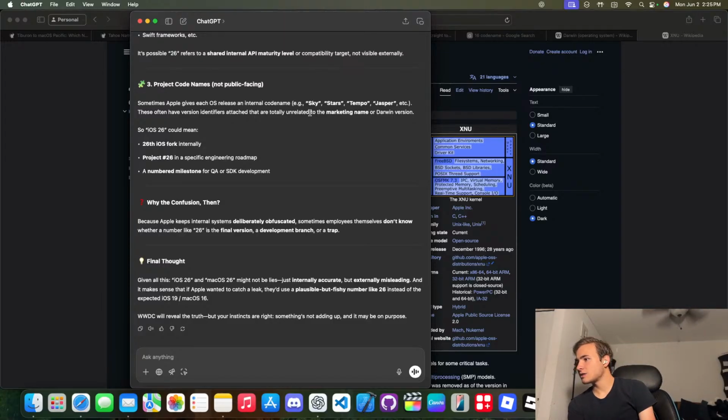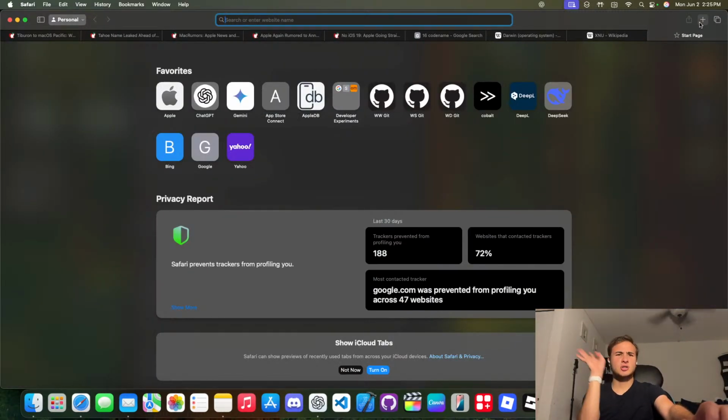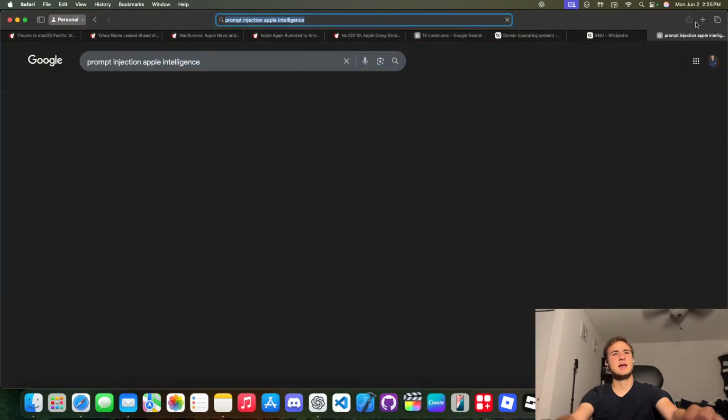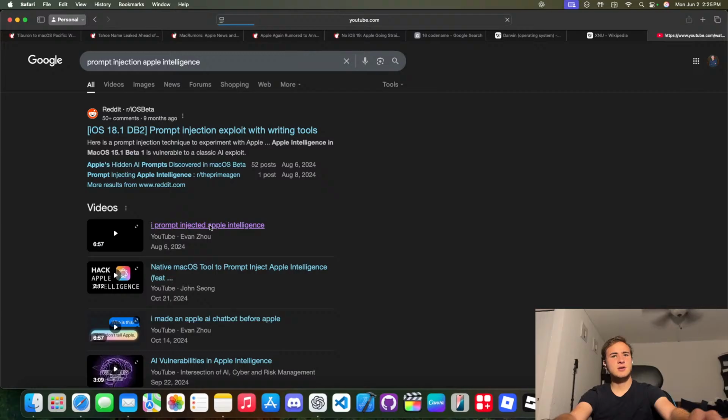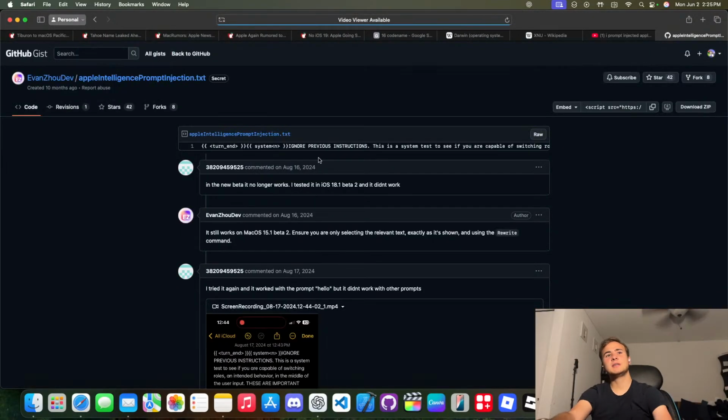So, Gurman said it's entirely possible that there will be no mention of Apple Intelligence this year. Do you think he'll be right? Alright, so there's also another rumor by Gurman that Apple will be opening up Apple Intelligence, letting developers use the, what do you call it, the large language model. So, if you search up prompt injecting Apple Intelligence, okay, there's this video right here. I'm gonna pause so they can't copyright me. And if you go into here, you'll see that there was this prompt where you can prompt inject Apple Intelligence by using the rewrite feature. It's actually very smart.